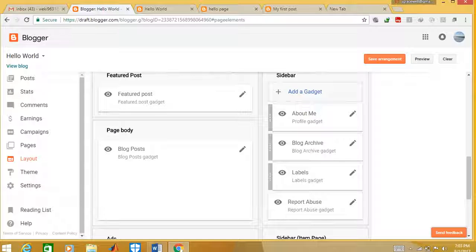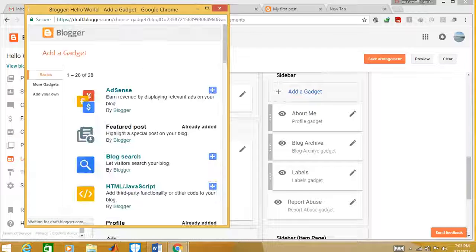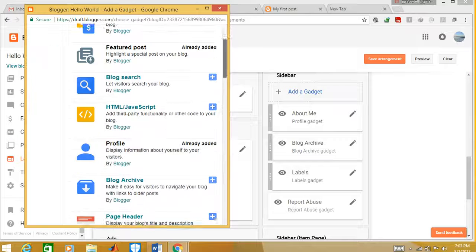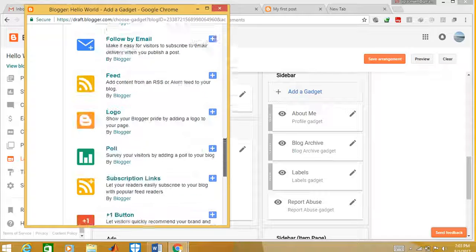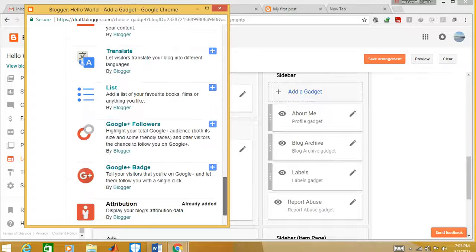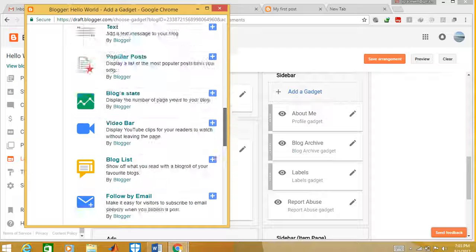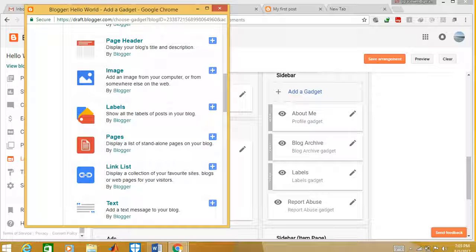For example, if you want to add some new gadgets, if you go to the option add gadgets, and if you want to add anything here, there are so many options you can add. If you want to add a poll button, you have plenty of options here. Whatever option you want, you can add here. Just give add, and it will be visible.